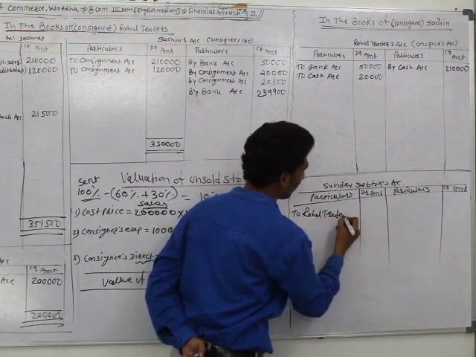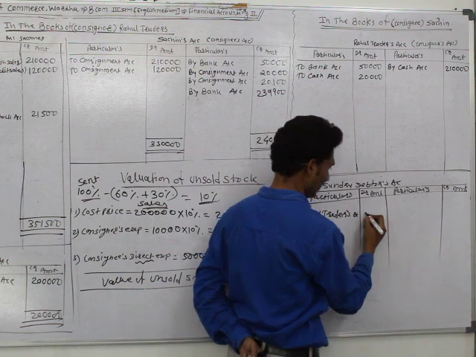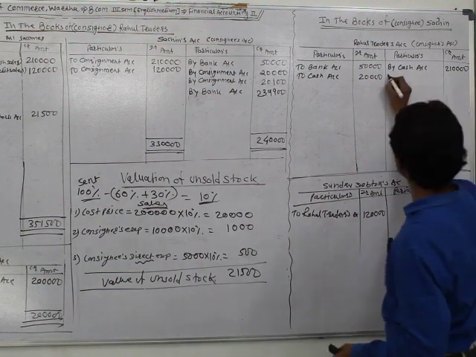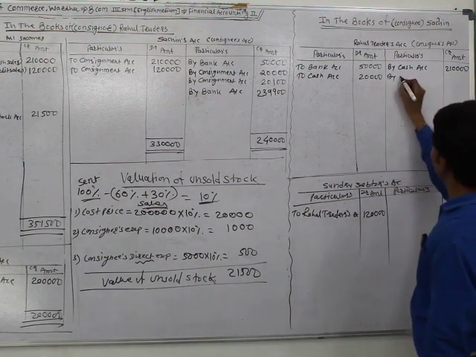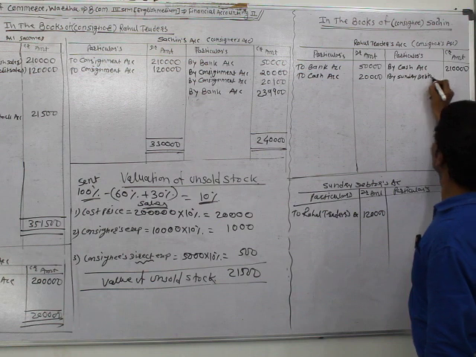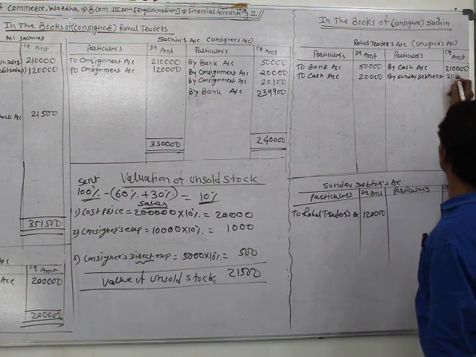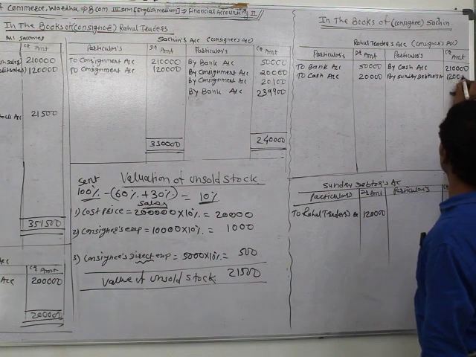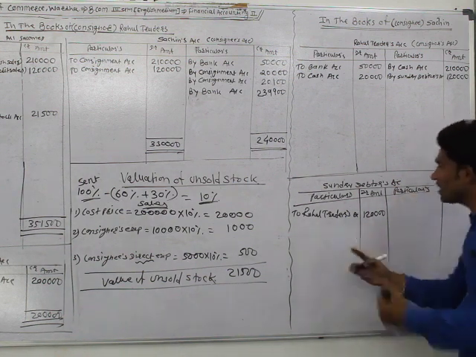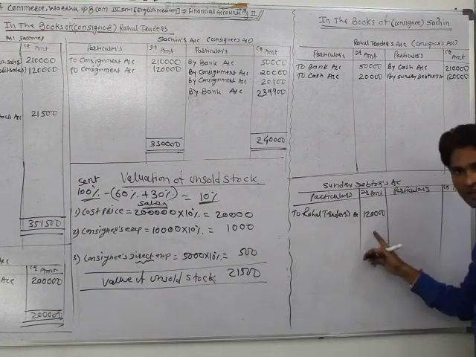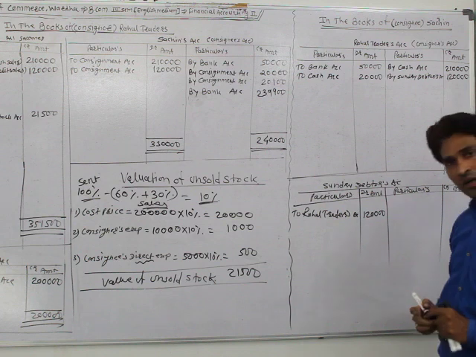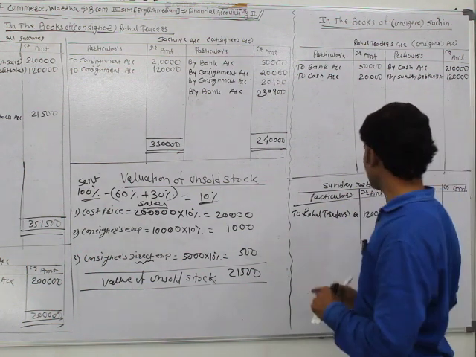To Rahul Traders account rupees 1,20,000. And at the credit side of Rahul Traders, write sundry debtors account rupees 1,20,000. When the consignee sold goods on credit, it needs to receive this amount from sundry debtors, so it debits the sundry debtors account, and this amount is due to Rahul Traders, so it credits the Rahul Traders account.